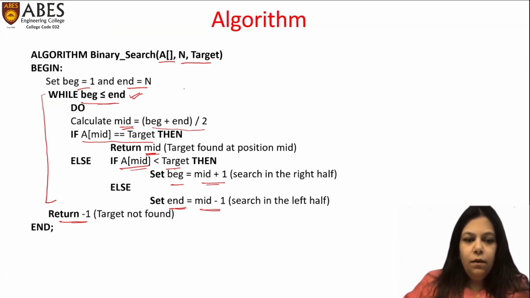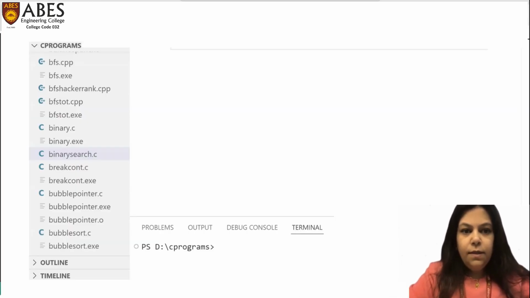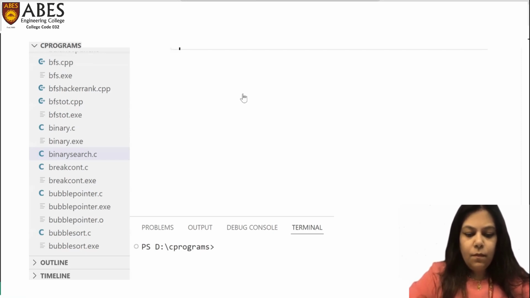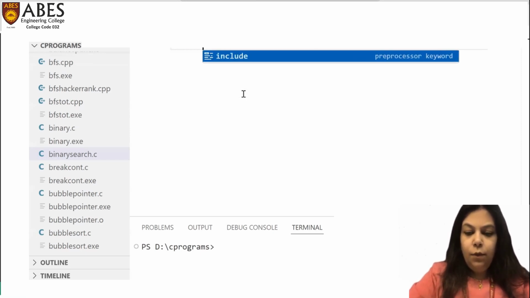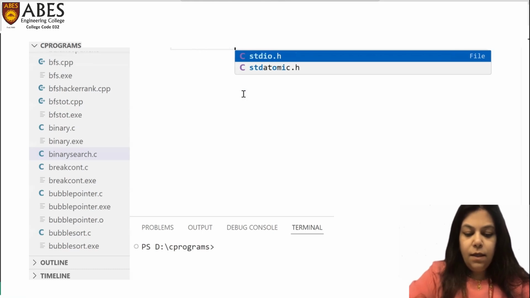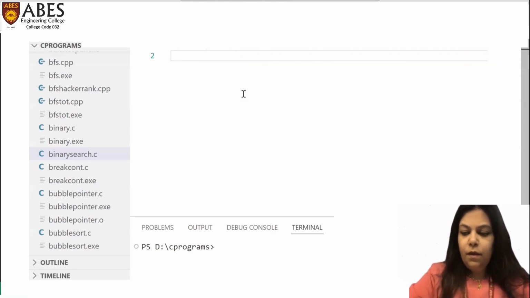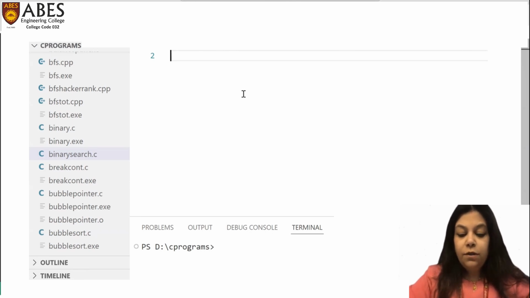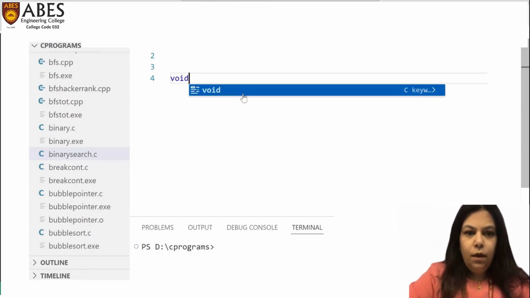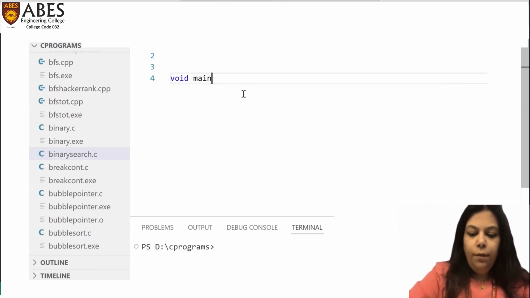So now we can go and see the implementation of this code. Let us start with including the header file, stdio.h. This is required in order to use the inbuilt functions printf and scanf. Now, void main,